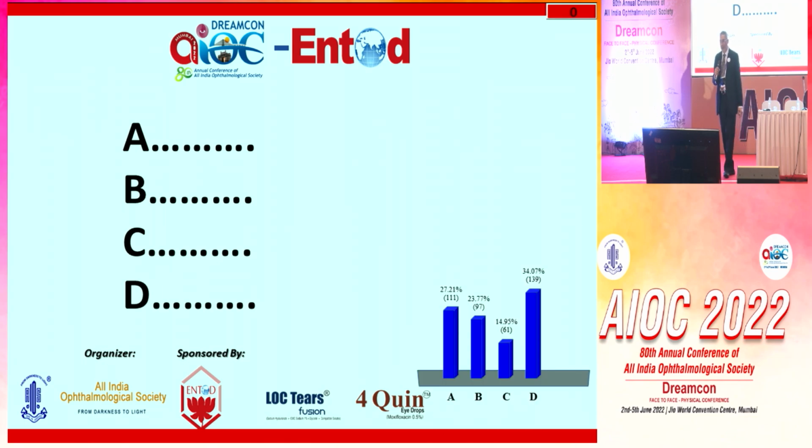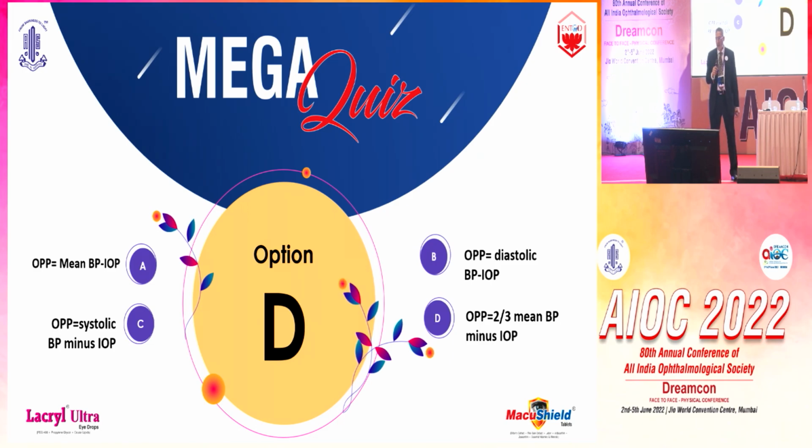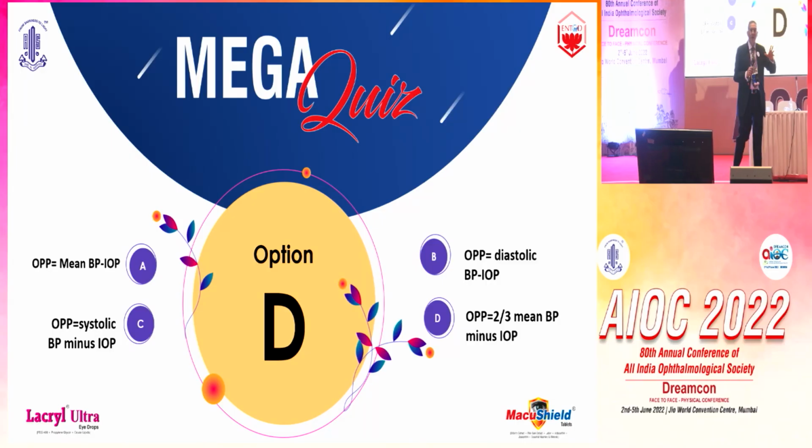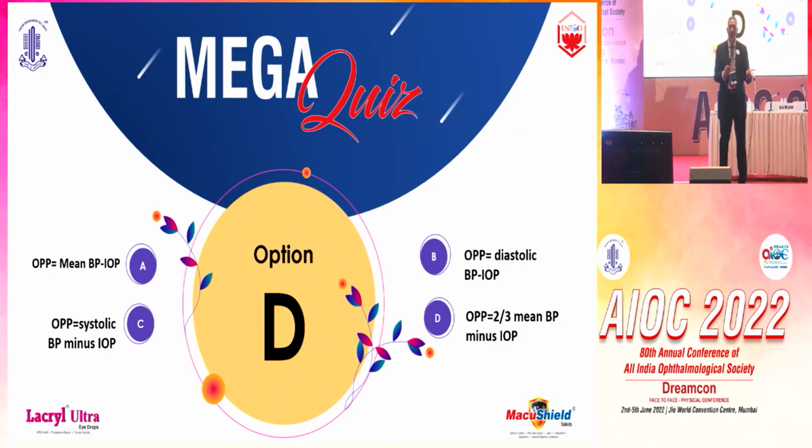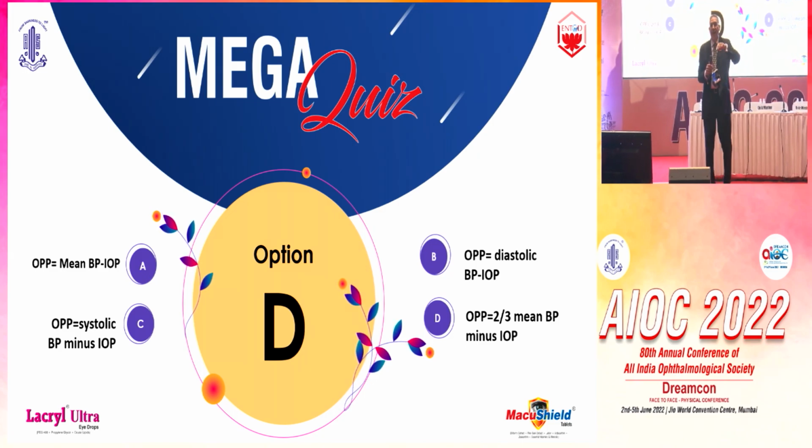And I'm glad that it's equally divided again so that the choices seem very logical. Or it was eeny, meeny, miny, mo. And the correct answer was D, which is 2/3 of the mean blood pressure minus the intraocular pressure. See, whenever you get some esoteric, abstract things like this, remember scientists always try and make it tougher. So instead of taking the systolic or the diastolic, which is easier, they make one more calculation. You have to go 2/3 of the mean and then minus.